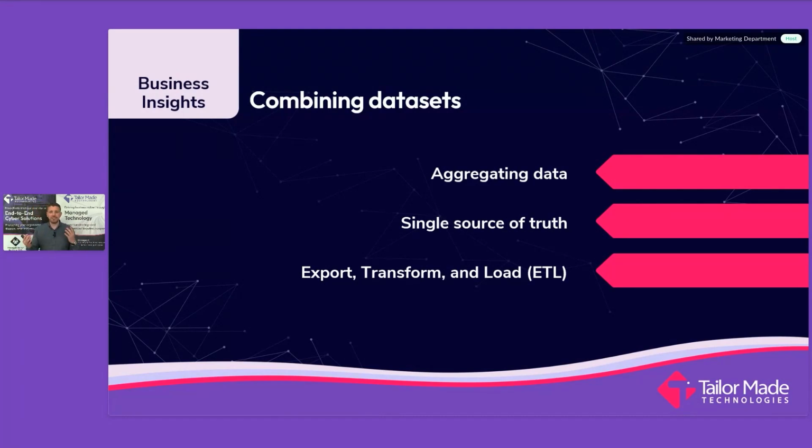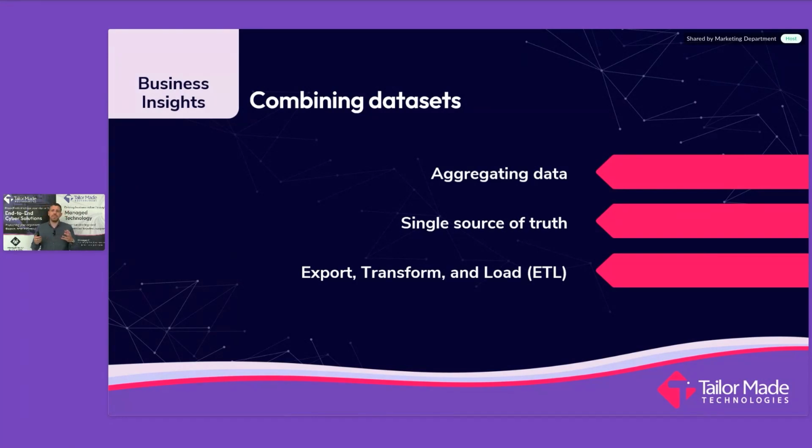So which data are you going to use? What's right and what's correct? So we need to aggregate data together. This is where we come into the world of combining data sets together. So aggregating data. The aim of aggregating data is to have a single source of truth that holds all your data across your environment. And we may well need to use tools or a process like exporting and transforming and loading data. What we mean by that is pulling data out, exporting data, manipulating and changing it. So actually maybe by taking that data from Salesforce, manipulating it to match what's happening in the finance system, and then loading that back into a Power BI platform.